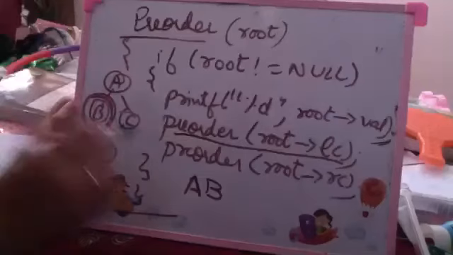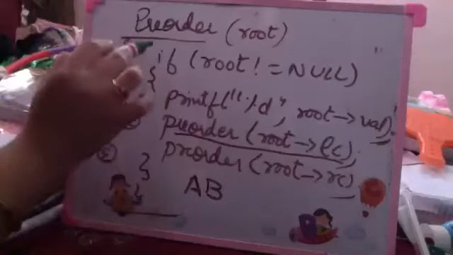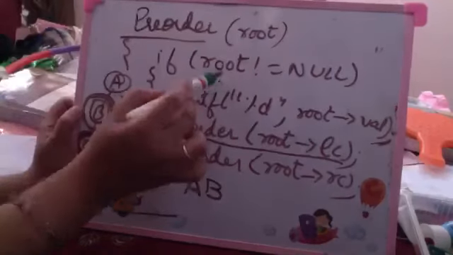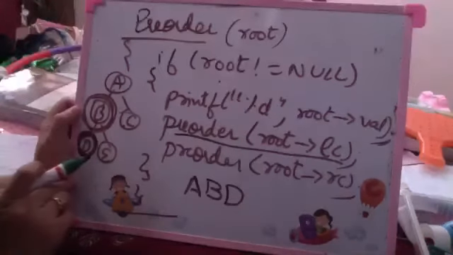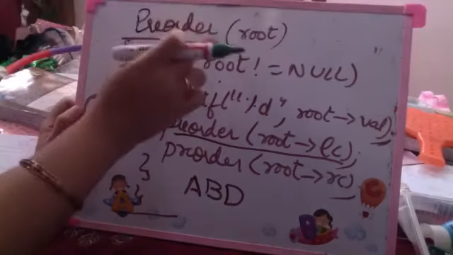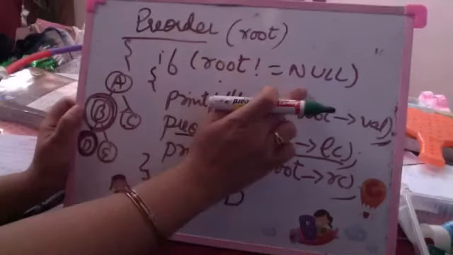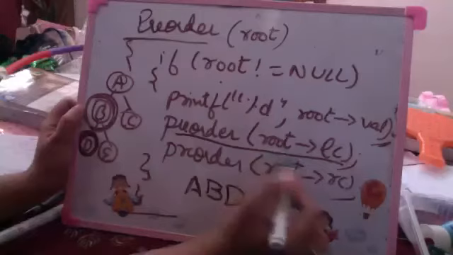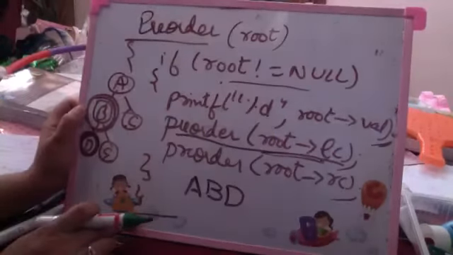Again, from inside A we call B, and from inside B we are calling the pre-order for D. After coming here, D is not null, the condition is again true. Print D. Pre-order of D: its left child is called. The left child of D is null. So when this is called again for pre-order of D, the left child of D is null. Pre-order was called for the left child of D, it is null. It will not enter this, it will return from the function.